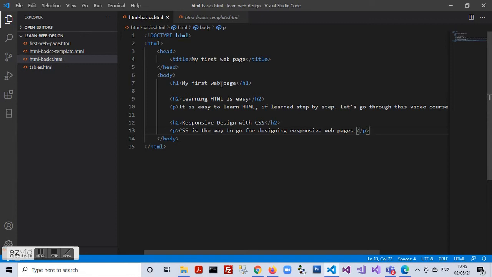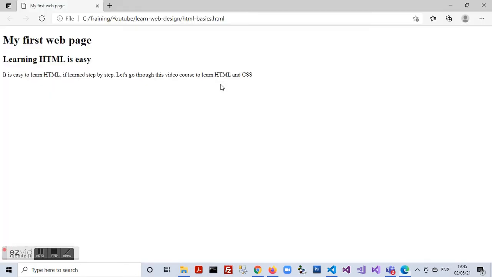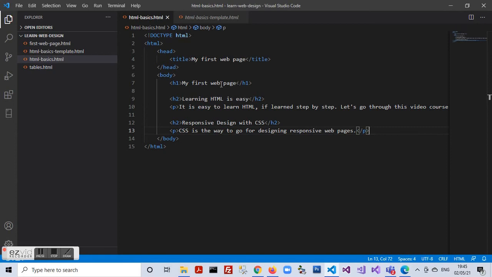Moving to the browser window, saving the page, and then moving to the browser window and giving it a refresh, we can see that this page is now having 2 subheadings along with the content below the subheadings. So this way we can structure our web page with the top level headings and the subheadings followed by subheadings, so on and so forth. A well structured web page with headings and subheadings is easier for the search engines to crawl through, and listing is obviously in a better way.